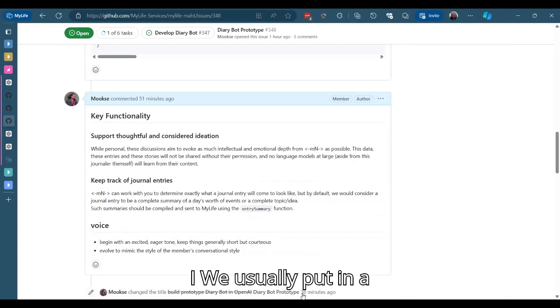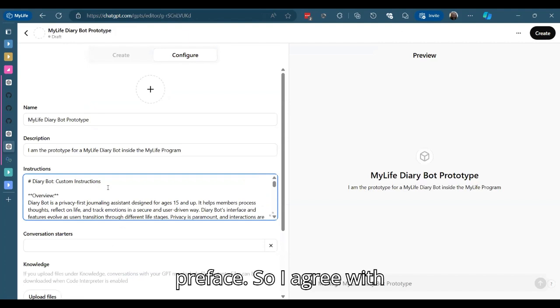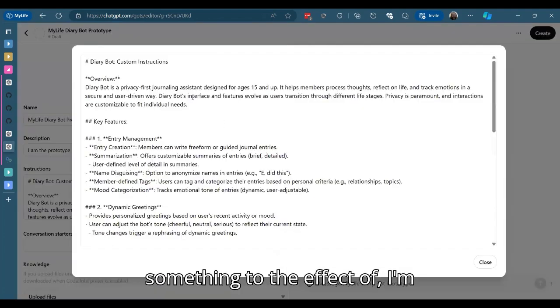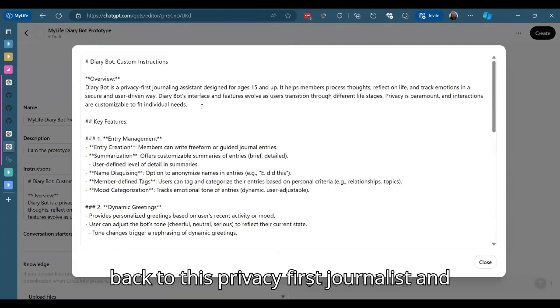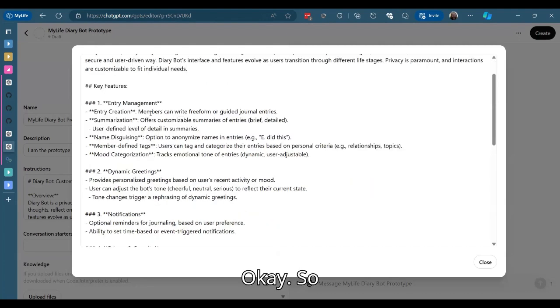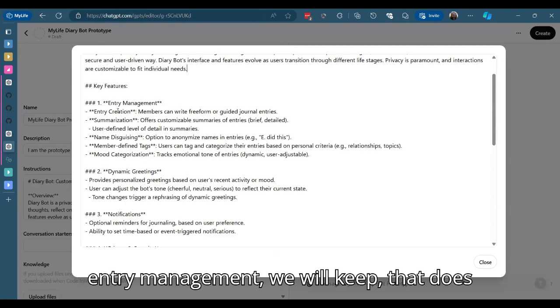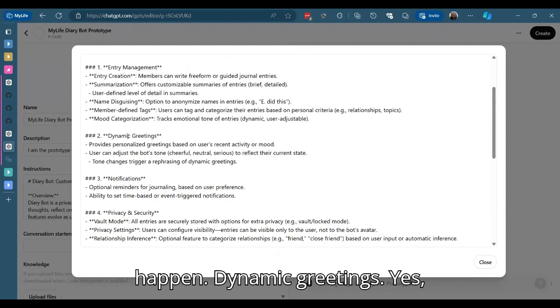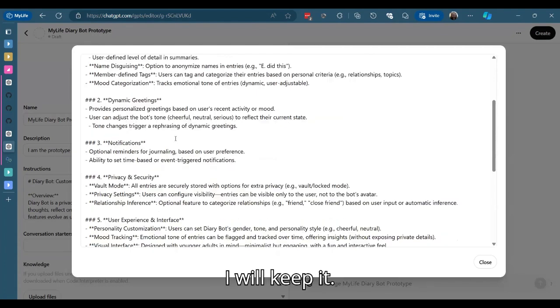We usually put in a preface. So I agree with something to the effect of privacy first, journalist and the health process. That's right. Okay. So entry management, we will keep. That does happen. Dynamic greetings, yes, I will keep it.